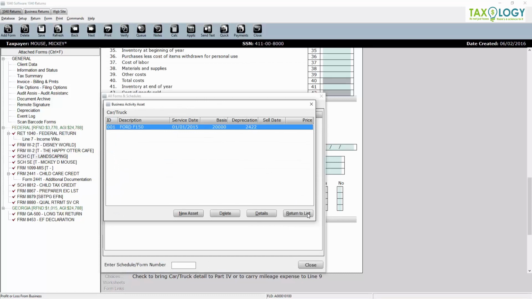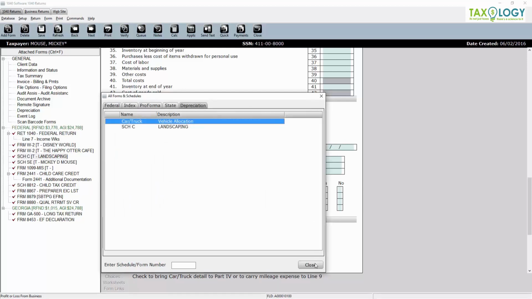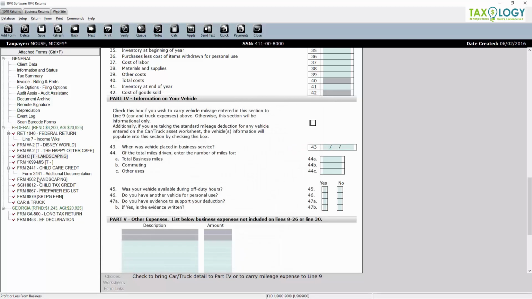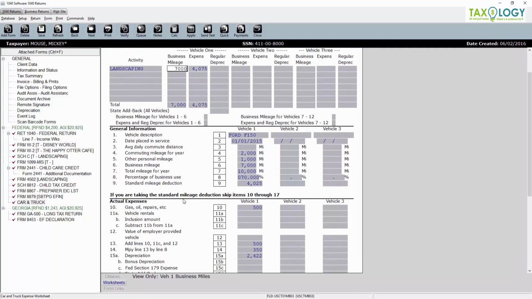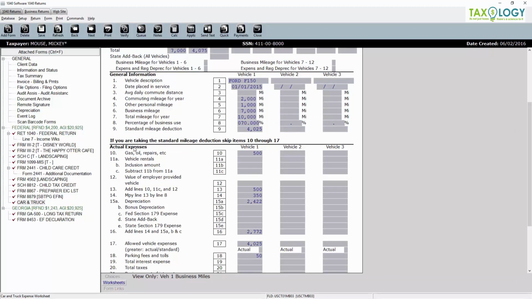Now, once I return to list and close, I want you to watch the forms list because it's going to automatically build my 4562 as well as a car and truck form. So if you wanted to see what the program took, actual expenses or mileage, you would want to go to your car truck form, and as you can see here in this example, it's got the business mileage and the actual expenses. It gives you the general information, and if we look down below that, it actually looks at the actual expenses,